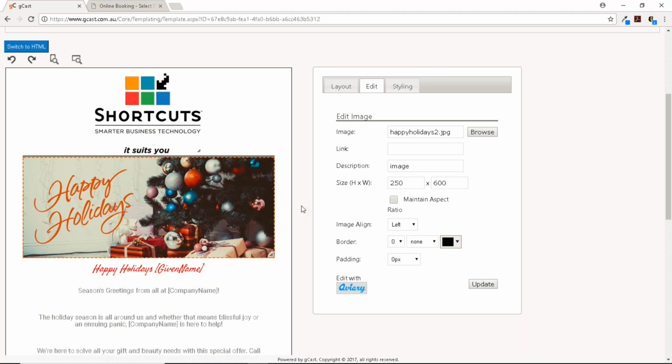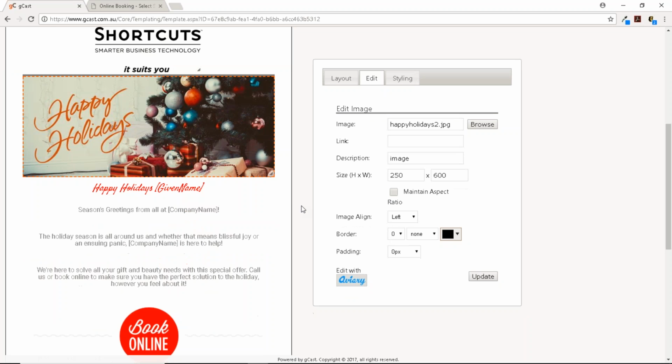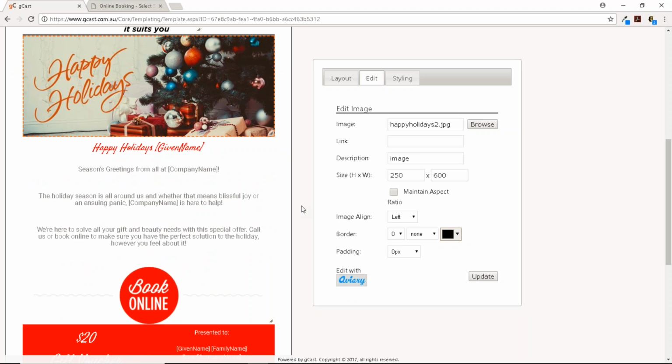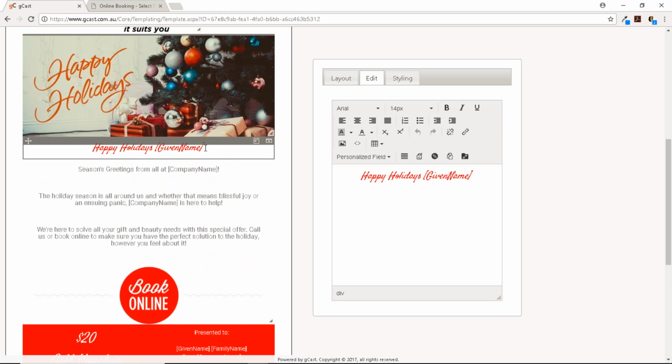Okay, we talked about personalizing the emails and the campaigns as well, you guys, to make sure that our open rates are better. So you can see here when we use this field given name, it's going to fill the customer's name into that section. And we can also use this in the title of the email or the subject of the email when we send it out. Again, so that we are addressing the customer directly and they're more likely to open it at that point.